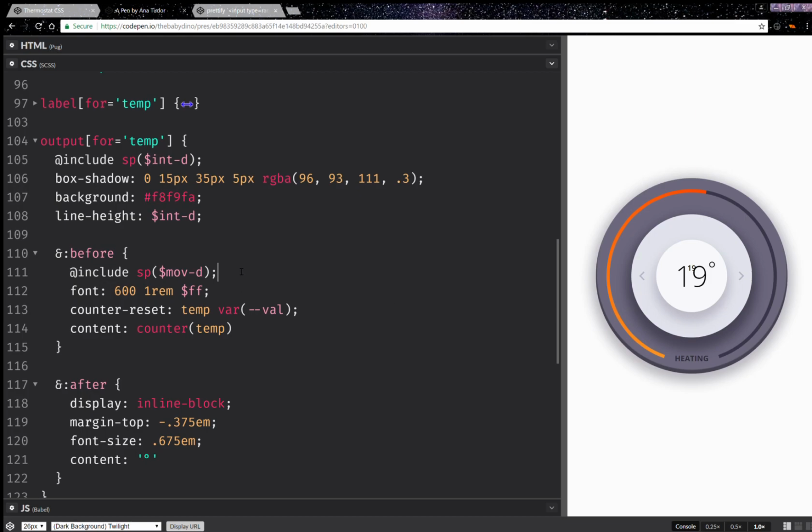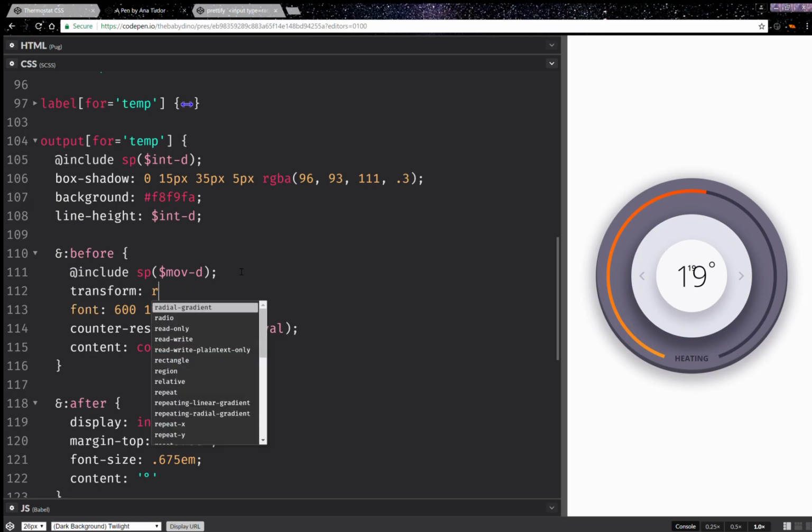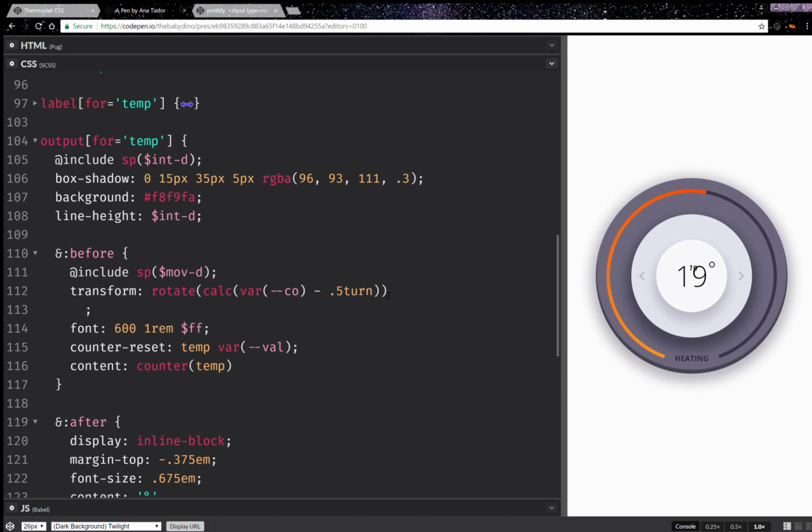And I'm going to set a transform, and this first is going to be a rotate, and here I'm going to have the cutoff angle minus half a turn, because I've rotated the range, and now I need to rotate this as well. Then I'm going to have a translation, so translate,